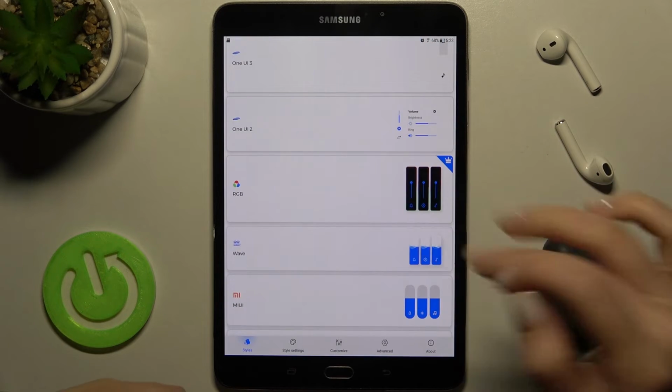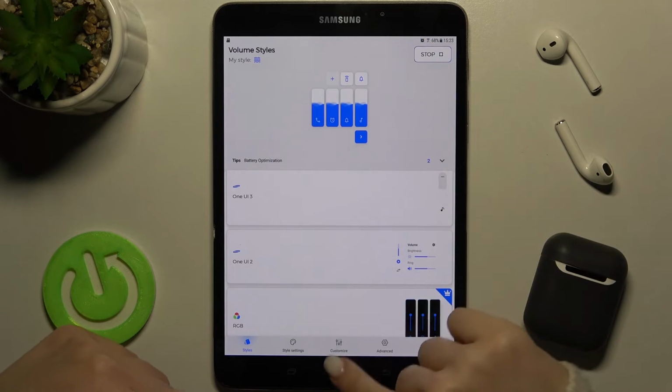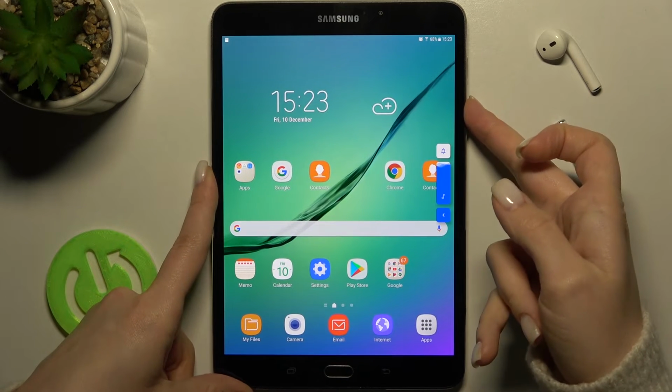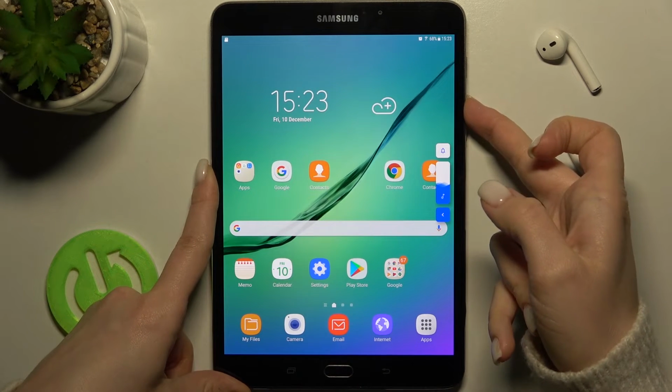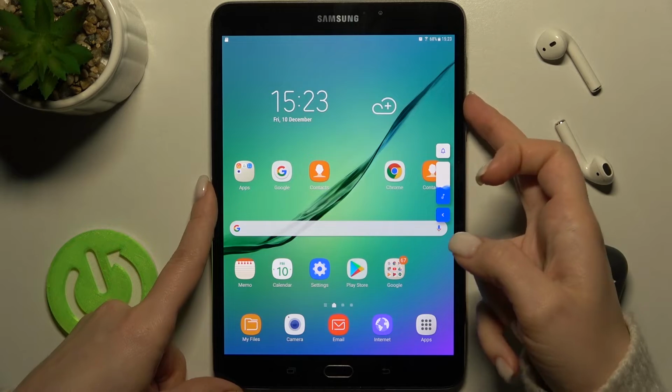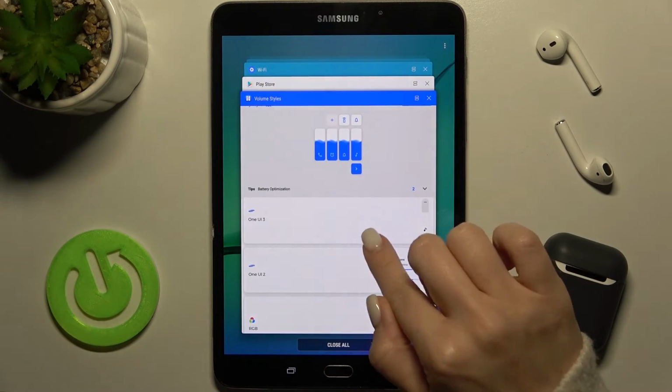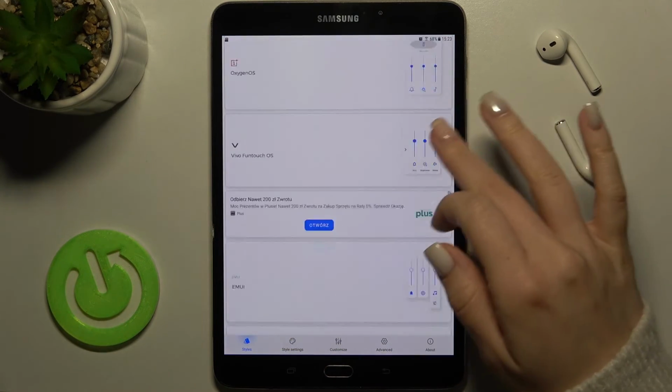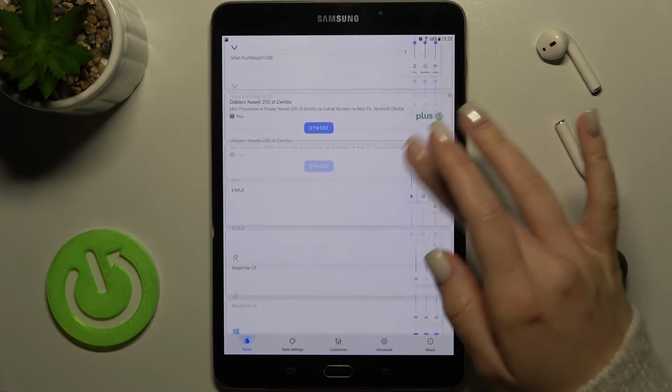Also you can select another one, for example the waves. Now we'll check that. Yes, you can see, we just changed our volume panel to another one. And if you want you can just select another